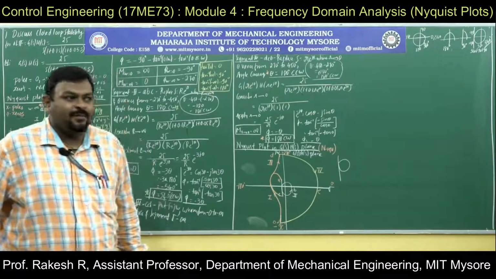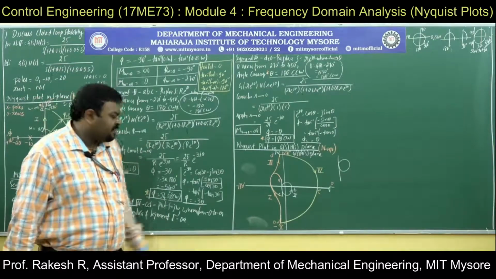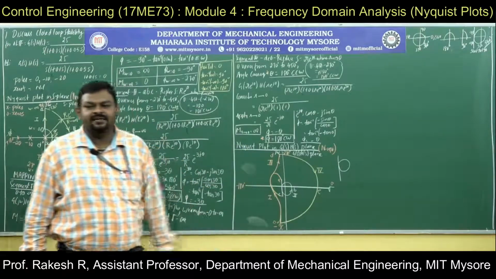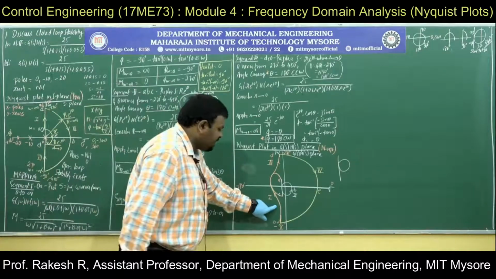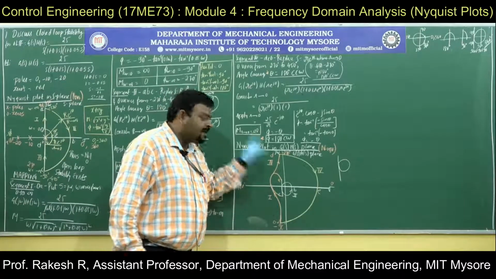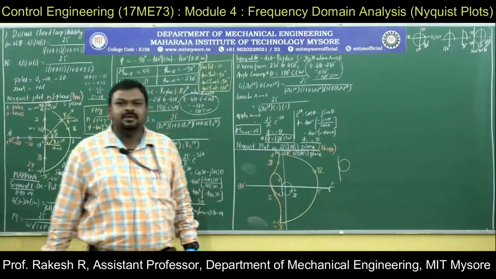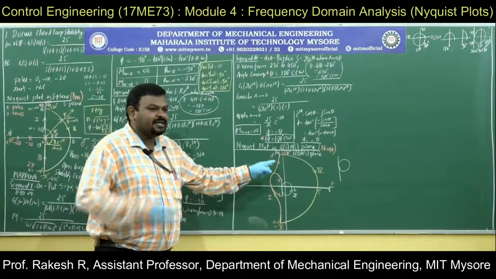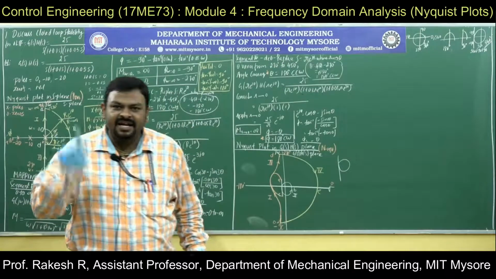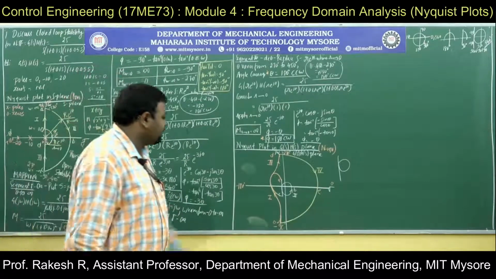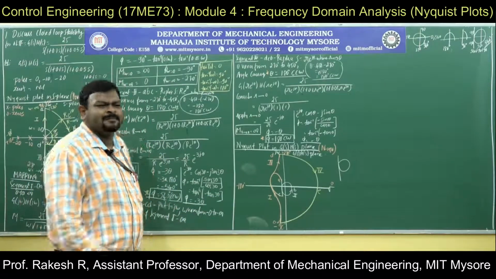Sir, how to check? For the whole plot you cannot say. Only segment-wise you check whether the segments are crossing the negative real axis or not. Here, segment 1 is crossing the negative real axis. Segment 2, no, it is nearer to 0, don't take. Segment 3, yes, segment 3 is also crossing the negative real axis. Segment 4, it is on the right hand side, leave that part. Only segment 1 and segment 3 are crossing the negative real axis, because of which there is an encirclement about the negative real axis.